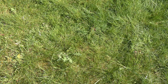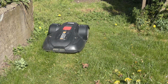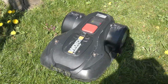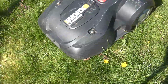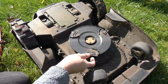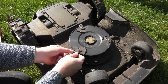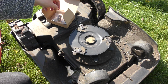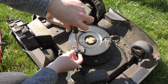Maybe the grass is just too long. Maybe it's just having difficulties because of that. And it shouldn't really be this long, so. It didn't take long for it to get stuck again, and I just checked. These blades are not sharp at all, so I do believe that we're gonna cheat, and we're gonna start the season off with some new blades for it,